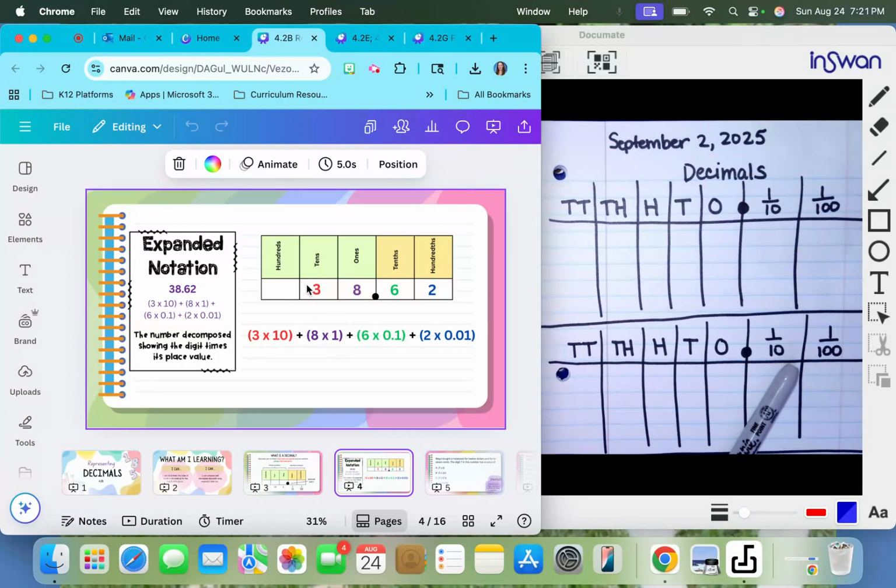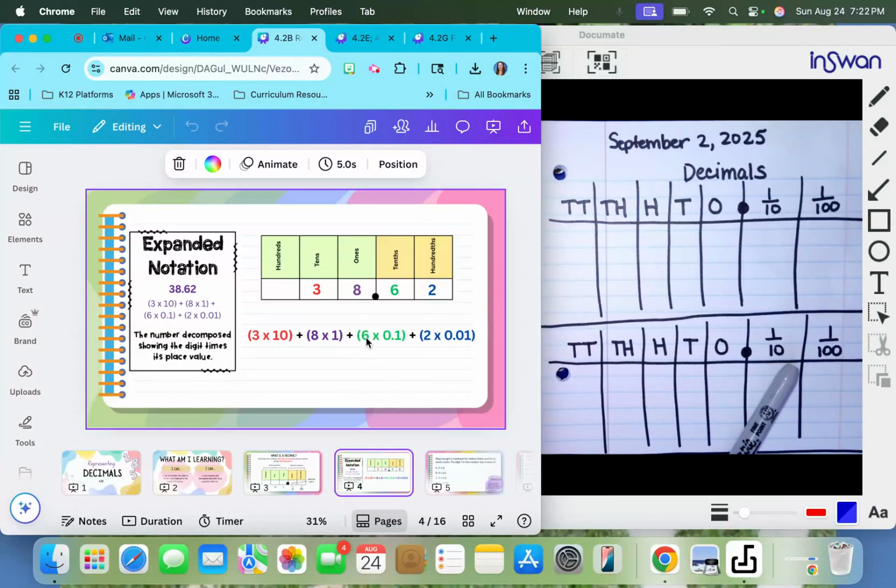We have 3 in the tens place, so we write 3 times the value of that place, which is 10, so 3 times 10. And then we have an 8 in the ones place, and then we have our decimal